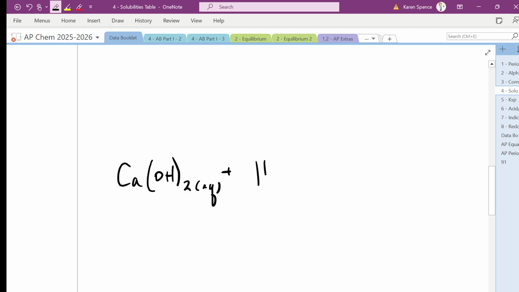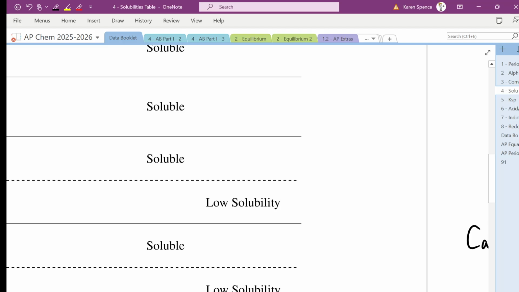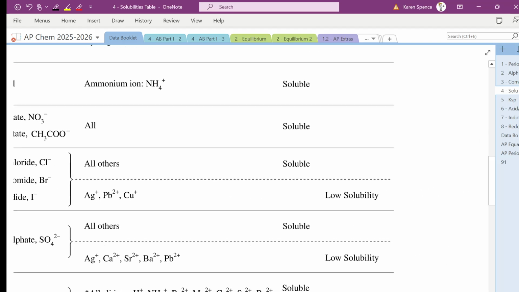plus H2SO4. Oh. Hang on. I don't know, because you're not going to get SO4 2 minus, you're going to get HSO4. So let's just not worry about it, shall we? There we go. Done. Okay, we got other fish to fry today. We only got a 50-minute class, and you're not going to have to worry about that. Okay? Good stuff.